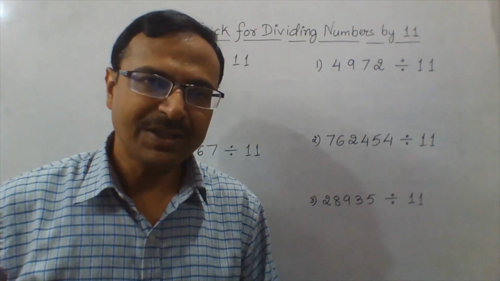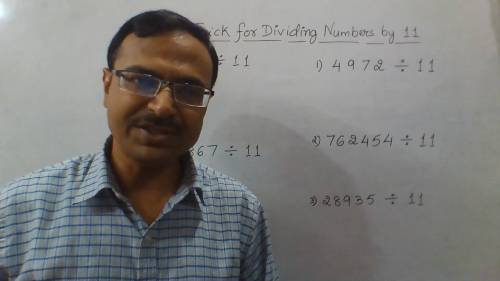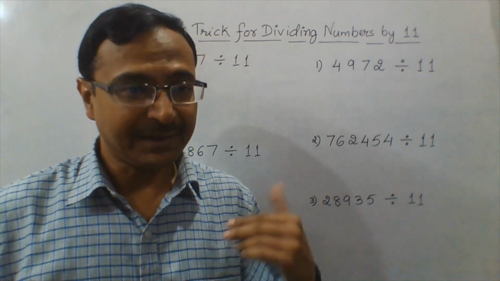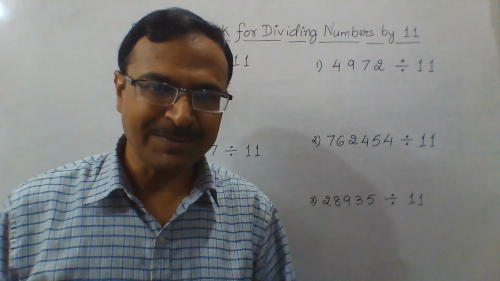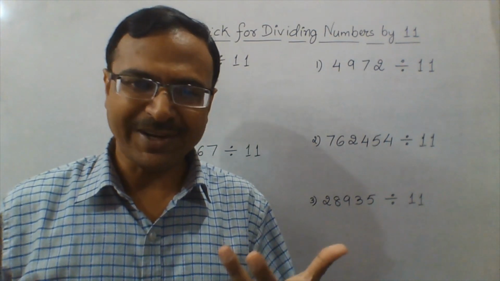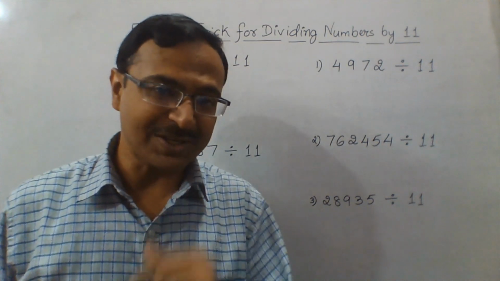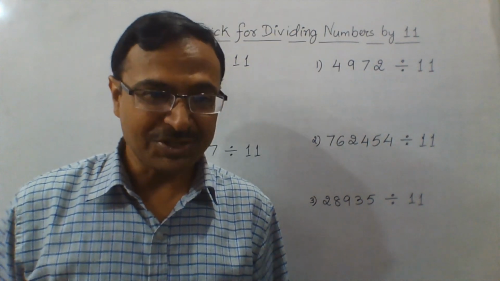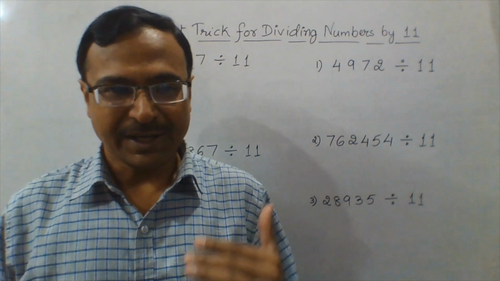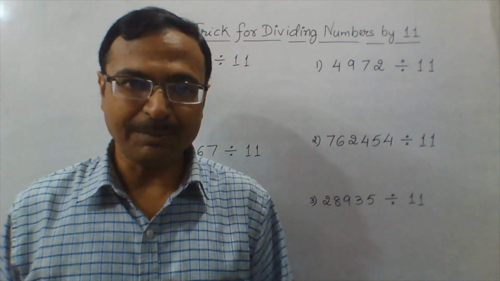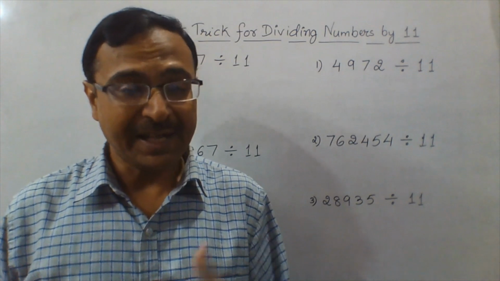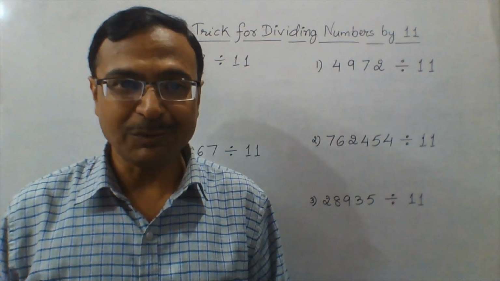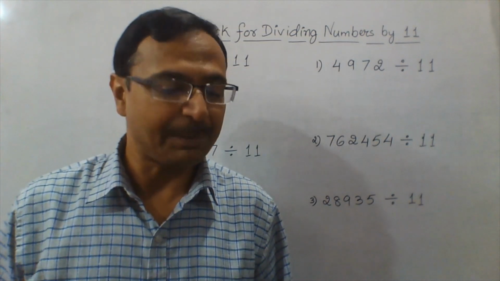In this trick, I shall be taking up division of large numbers by 11. When you have to find the quotient and the remainder, this trick is going to work out. No traditional division, just a very small trick, and you get to the answer very easily. The trick is very useful for junior students who are learning division for the first time, and they can appreciate the beauty of mathematics. I'm sure knowing these methods will develop a positive mathematical aptitude among the students and help you qualify all those exams at senior level. When you start competing with people, you need to have these kinds of methods up your sleeves.